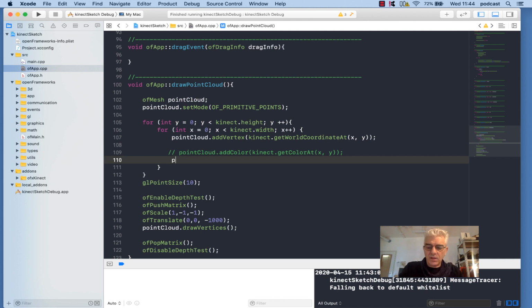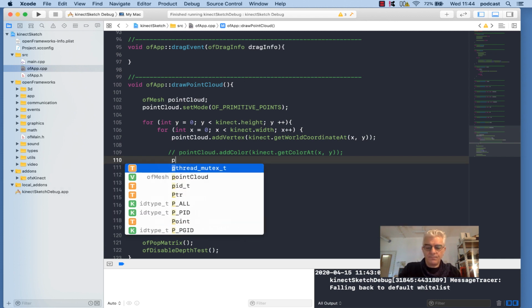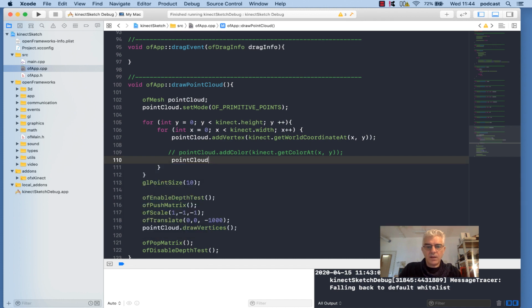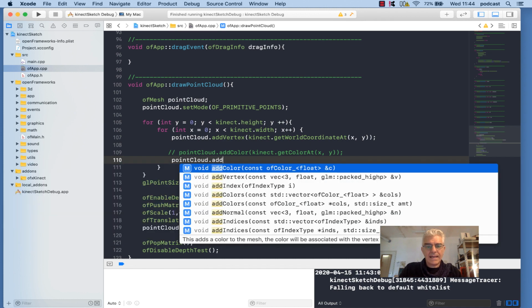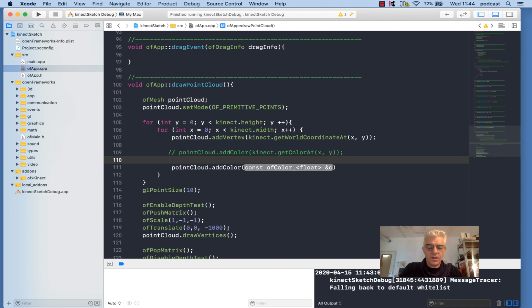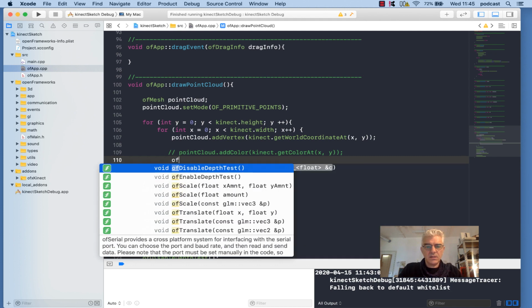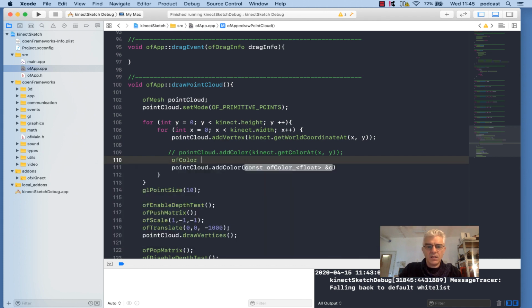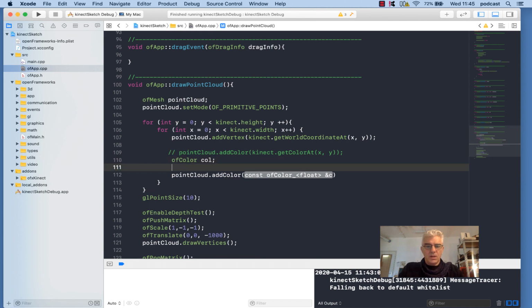But I'm going to say point cloud dot add color, and I think I'm going to make a color first, and it'll be easier. OF color dot color, and then I'm going to color